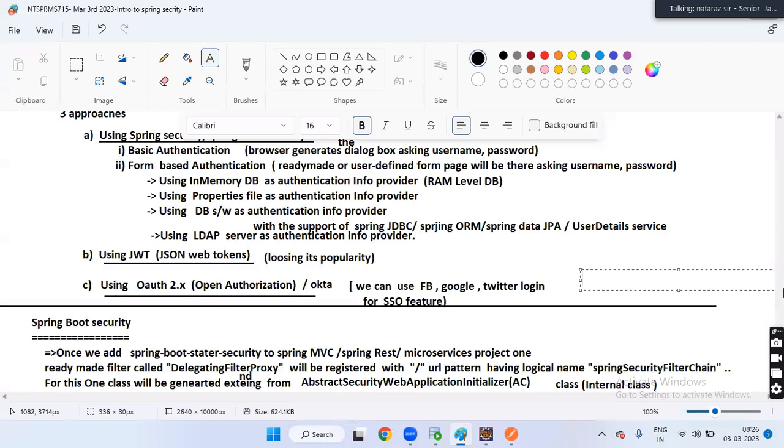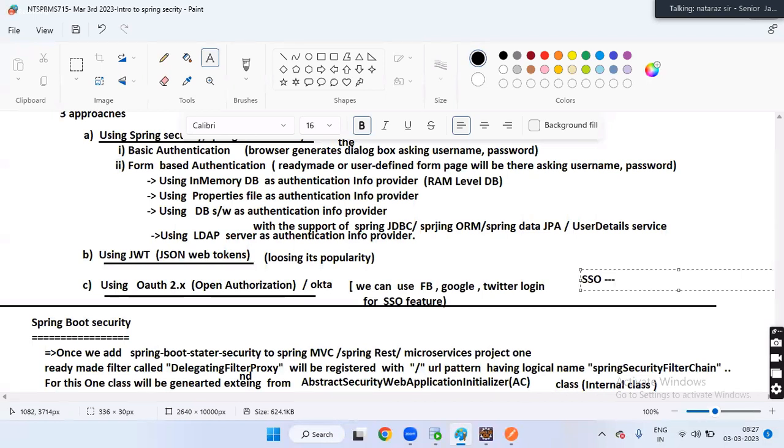Tell me, in most applications like Redbus, Amazon, are we going to create a username and password separately? No, na? Already you have your account in Gmail, Facebook, Insta. The same account you will use to get into those applications. Google is providing nearly 20 plus services.